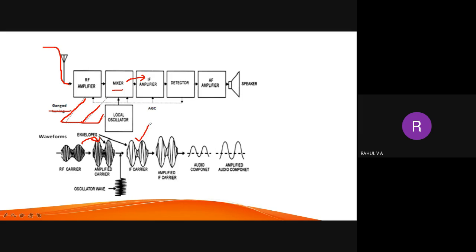So that is this one. With the help of the intermediate frequency amplifier, it will amplify the signal, and then there is a detector. The detector will separate the audio frequency signal from the modulated wave, so you will be getting the audio signal. That audio signal will be of low magnitude, so again there is an audio frequency amplifier. That amplifier will amplify this signal, and then it is given to a speaker so that you can listen to the program. That's how this will work.